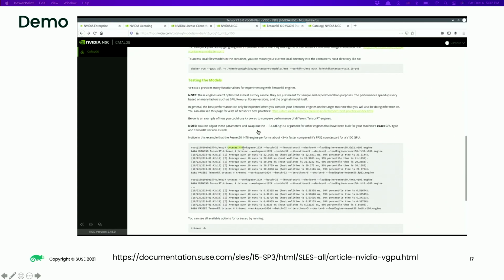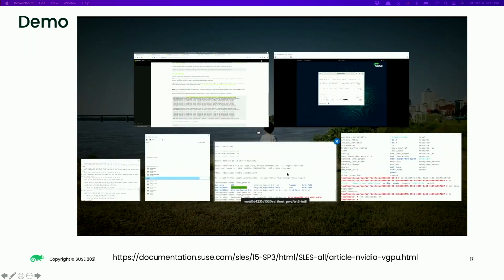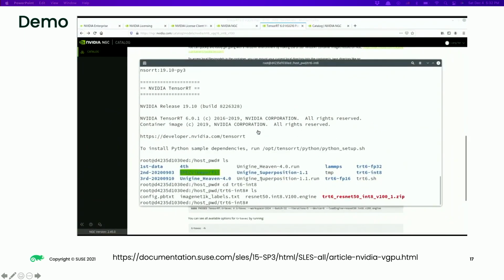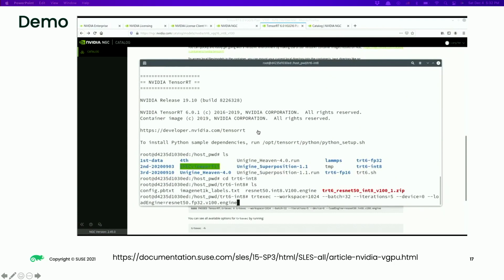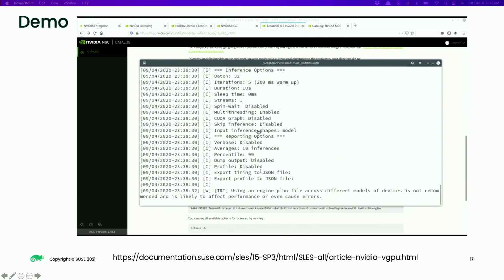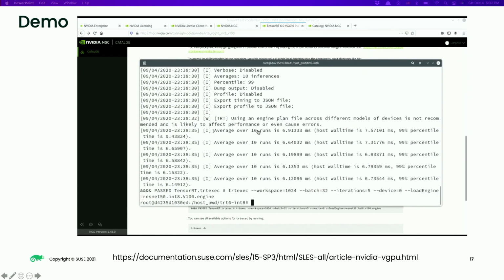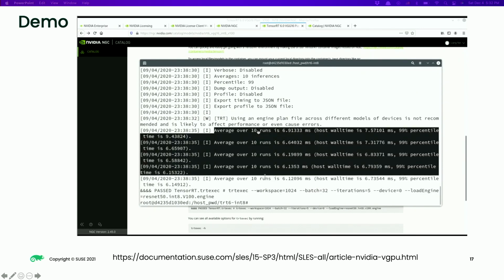And this engine is a model we already trained. So what I'm showing here is the inference status. Voila, it's running here. And it shows successful.